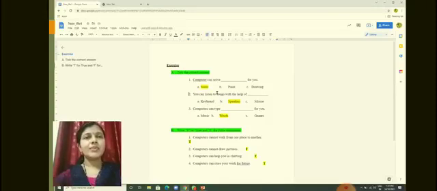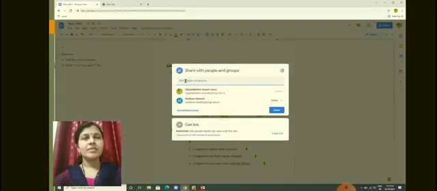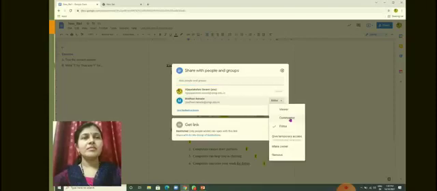Now, the same thing if you want to share with another person. Click on the share option. To n number of persons you can send. And here there is an option: editor, commenter and viewer. Viewer means the concerned person you are sending to can only view the document.